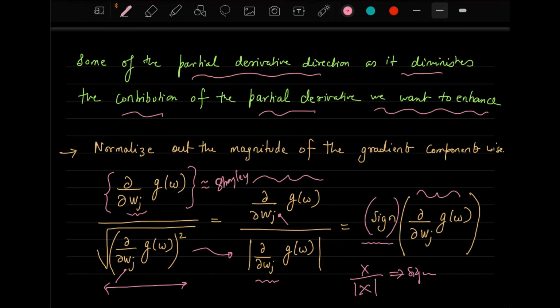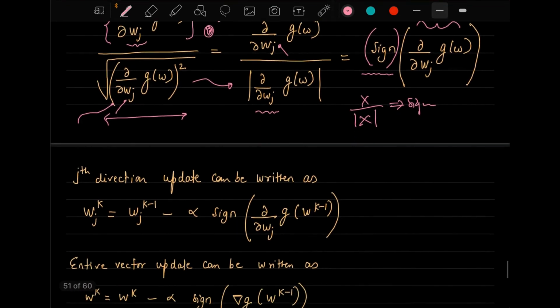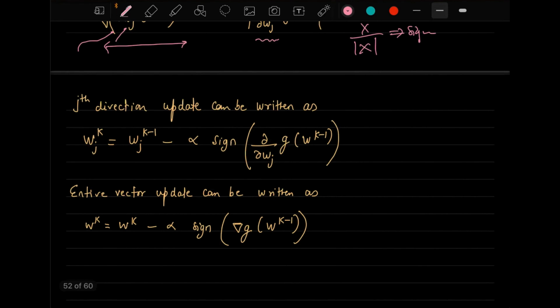But now when you divide by the specific direction only and not by the sum, though it is close to 0, the magnitude will still be bigger than in the earlier case. So now you can write the update equation like this,